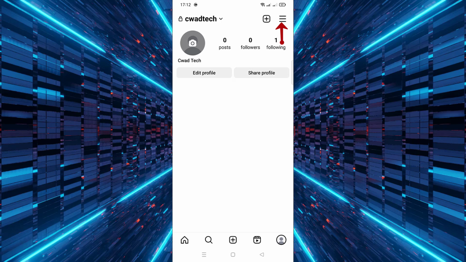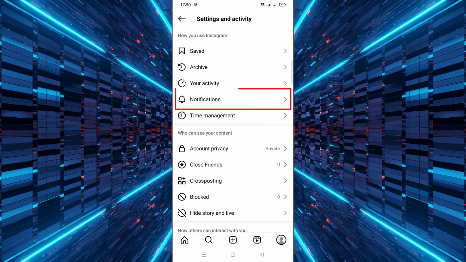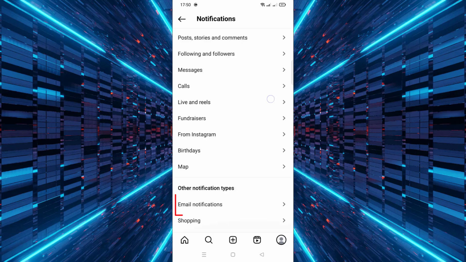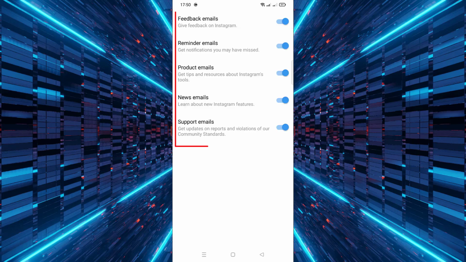Now, tap the three horizontal lines at the top right corner. From the menu, tap on Notifications. Scroll down through the notification settings until you find the option called Email Notifications. Tap on it. Inside this section, you'll see several options including feedback emails, reminder emails, product emails, and news emails,